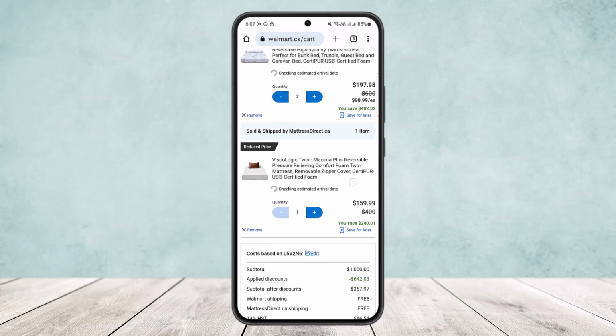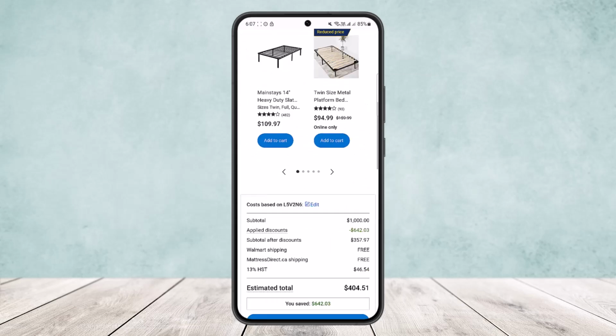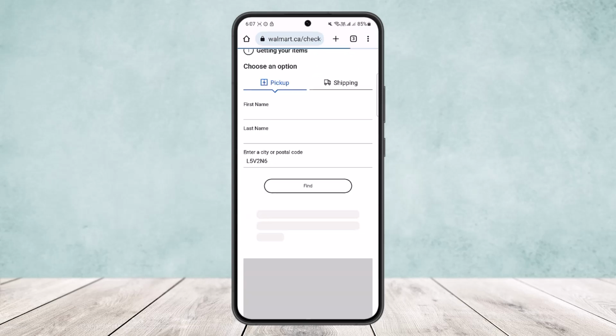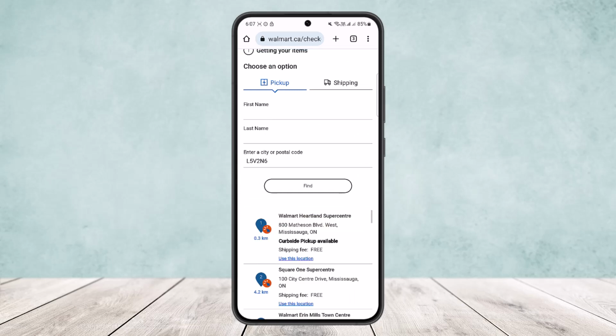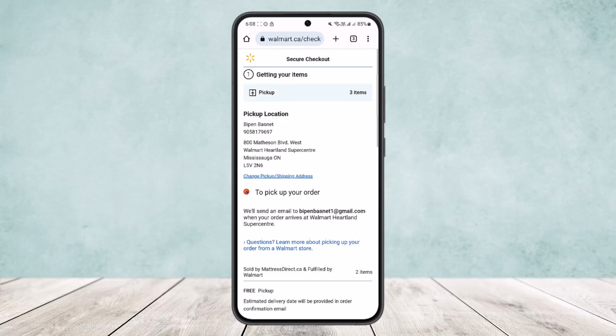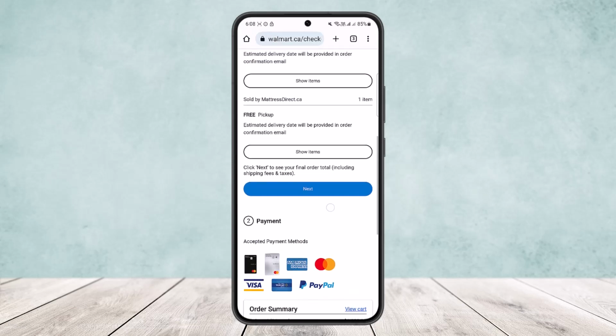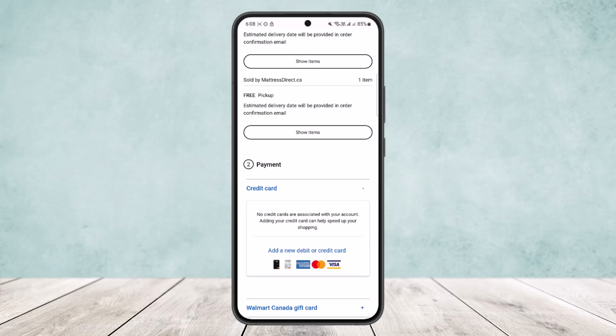Now before heading into checkout here, you can see I'll just simply tap on proceed to checkout. It'll ask you for the details, that is your pickup details or your shipping details. I'll just enter the details here quickly, and you can see I've chosen a pickup location. You can choose your pickup location, or you can choose your shipping address. I'll just choose pickup location, and then simply tap on next, and it will take you to